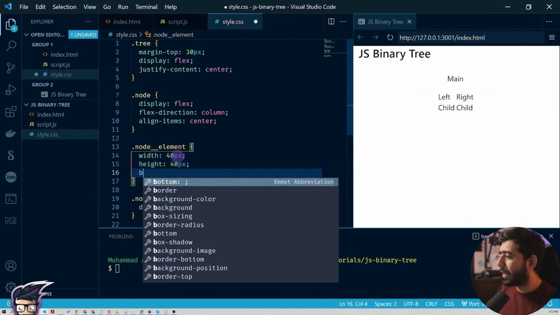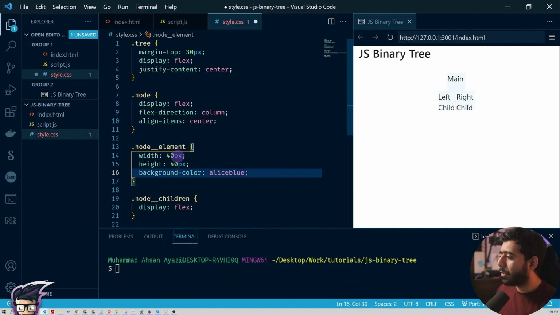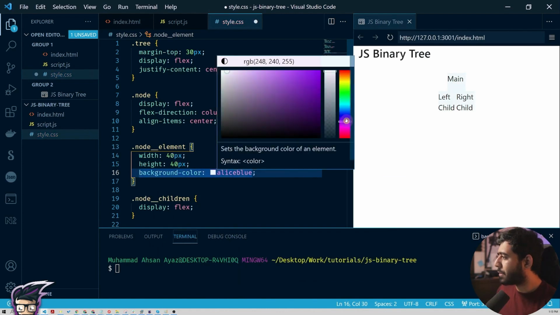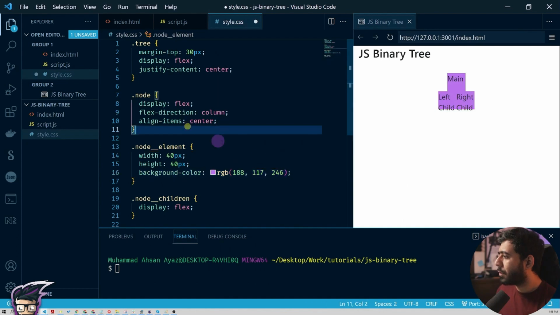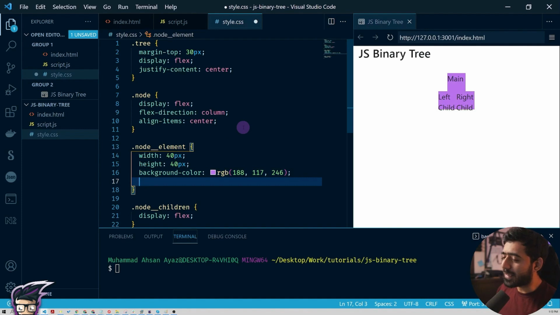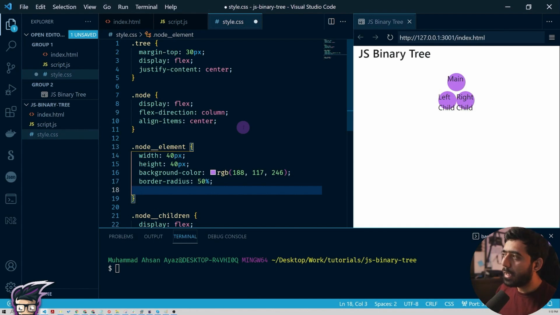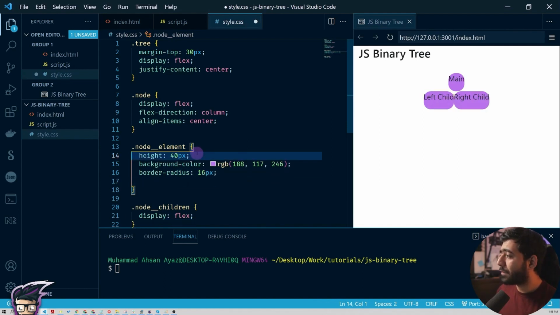Then we got background color. So we can pick, let's say, a particular color, but I do want to pick something specific. So let's say I really like this color, something around this. We're going to pick this one. This looks ugly as hell right now, but trust me, I know CSS. So I'm gonna go ahead and say this border radius is gonna be 50%, so it becomes a circle. Or we could also not do a circle and maybe do something like 16 pixel, so it is something like this. And we also need to not specify the width as well, but we can specify the padding itself,